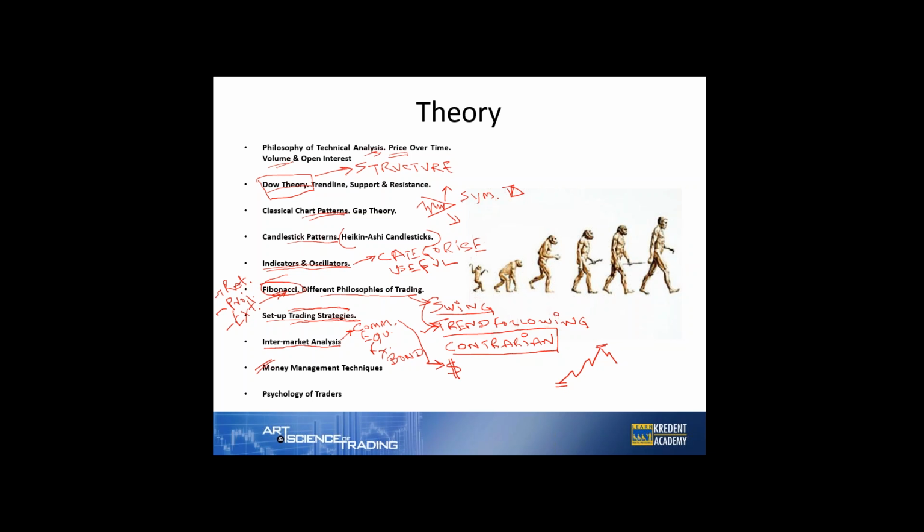Now we come to the core of it, the art part and the psychological part. Money management techniques. This is essentially a lot of work in our Excel sheet. We'll be setting up rules wherein we will decide how much to buy. Till this point, in the setup of trading strategies, we will be using whatever we learn in the course to pick a stock, to go long or short on a stock. This part comes once you've decided which stock you've picked up; the money management techniques will decide how many, what is the quantity you're going to buy. So that is called bet sizing.